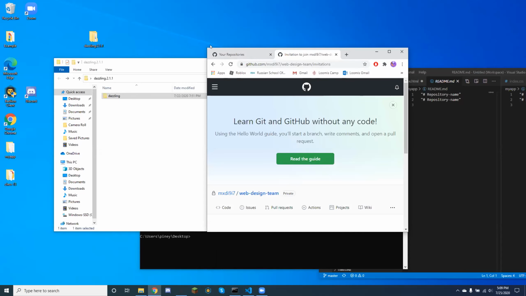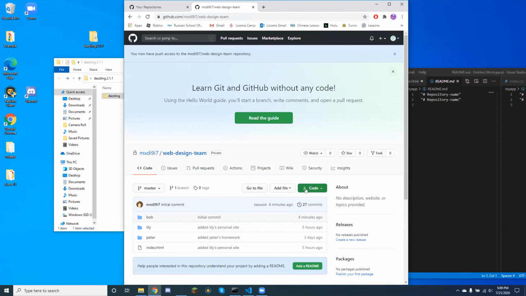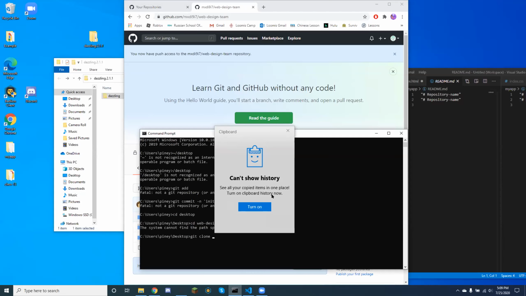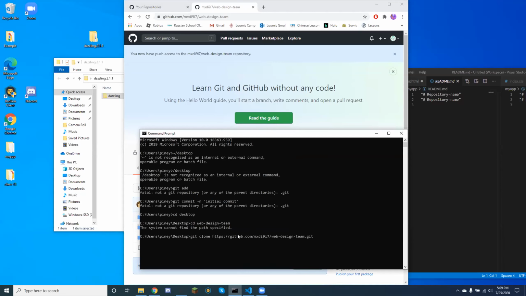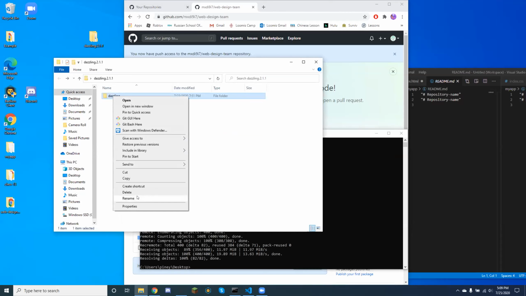And you should land on our GitHub page and accept the invitation. Okay, you just have to clone the code, go to your terminal, git clone. Enter. And now all you got to do is put in your Dazzling folder, rename that to Brian.